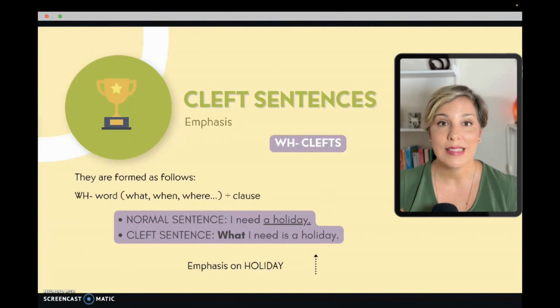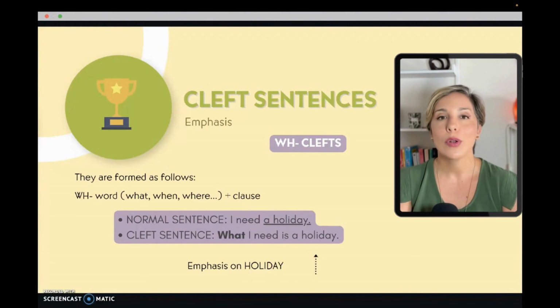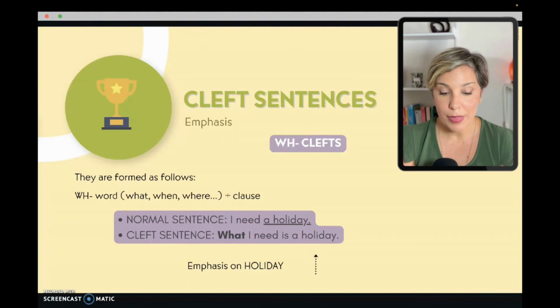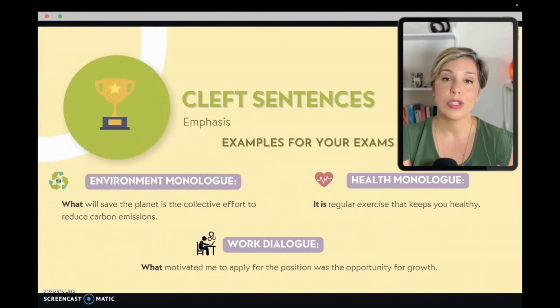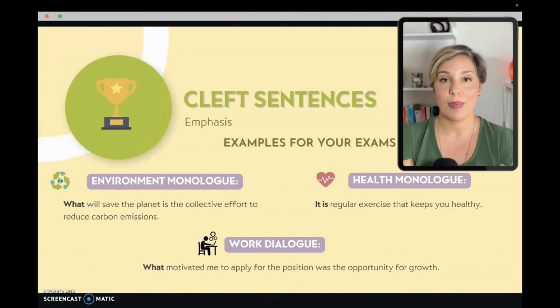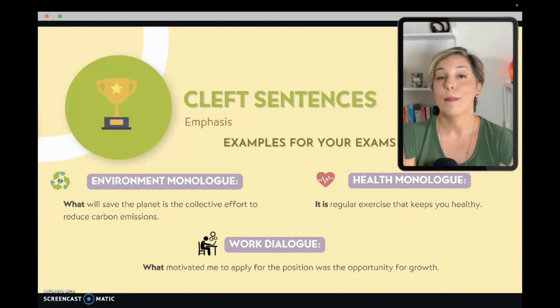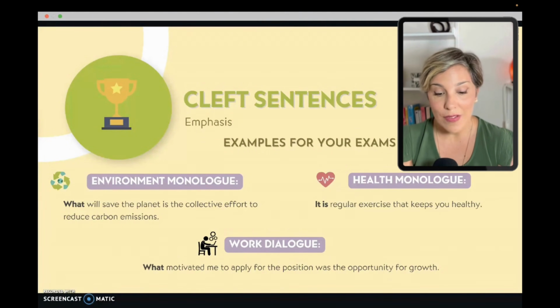For example, let's say that you have to do a monologue regarding the environment, which is such a typical question in your speaking exams. Okay, you could say something like, we need to reduce carbon emissions to save the planet. That is a normal, non-emphatic way of giving information about the environment. However, if you want to sound more convincing, more attractive, more persuading, you can say what will save the planet